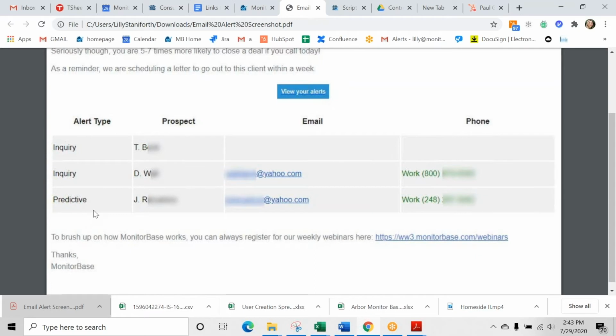All of that is coming from the data that we get from Experian, and the predictive alerts are using an algorithm to look at what are the pieces of information that would indicate that somebody is likely to be in the market for a new home purchase or a refinance. So we're just analyzing that data, and when somebody is showing those signs, then we're alerting you beforehand. I don't know if that helps clarify.